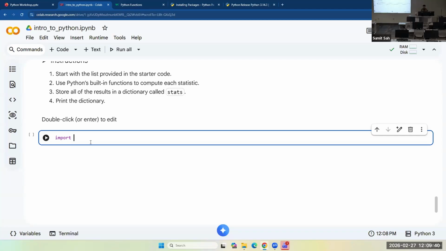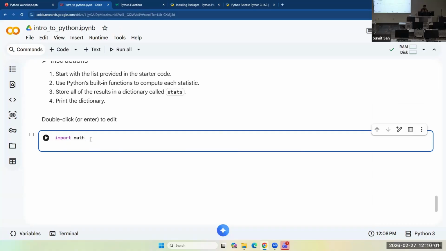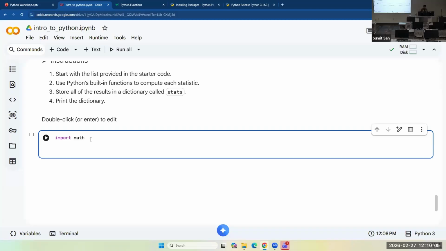Let's say you want to find the square root of some number, but you don't know how to write the logic on your own. For any math functions like that, you can simply import math. Math is a library that has square root, cosine, and sine functions.